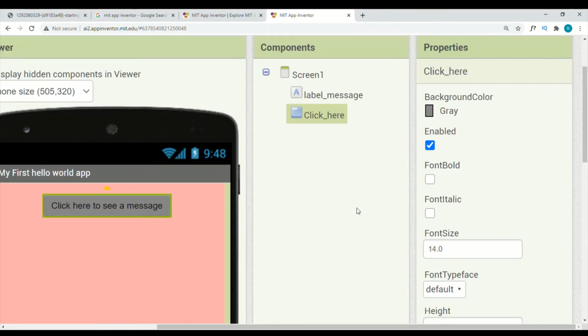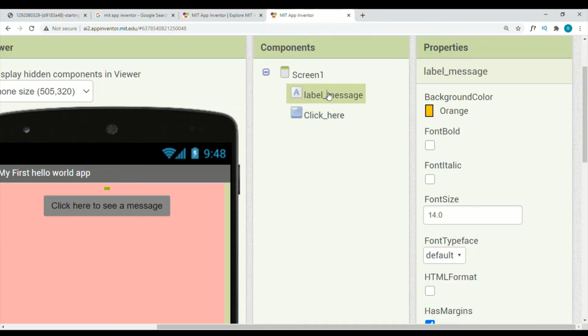And one more important note I'm going to share with you. Just select the label message. When you select the label message, automatically in the properties window we will get the label message properties. Make sure that at output time, we want to see our output in bold letters. Just select bold and font italic. If you want, set the font size to at least 25, otherwise 20, it's up to you. It is useful at the time of output.